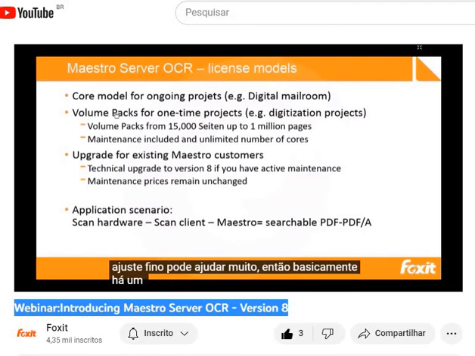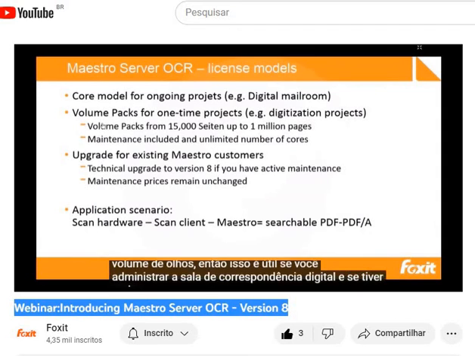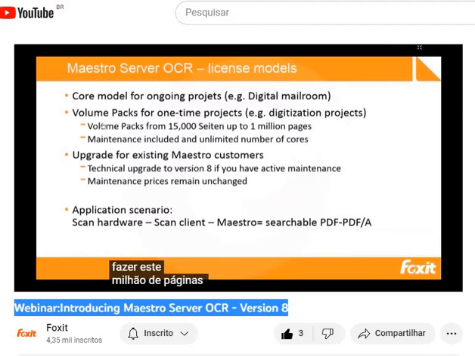So basically, there's a core model for ongoing projects. As you have just seen in Armin's demo, he had a Maestro server with 8 cores, which was already a high volume setup. This is helpful if you run a digital mailroom. And if you have more one-time projects, where you have to do 1 million pages and then the job is done,